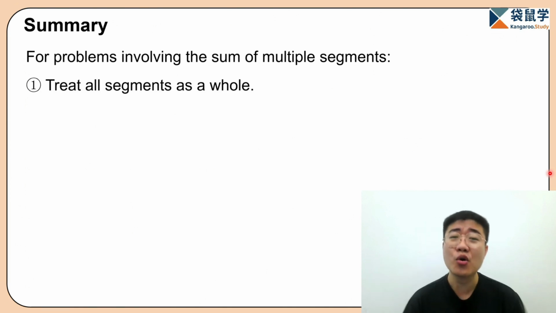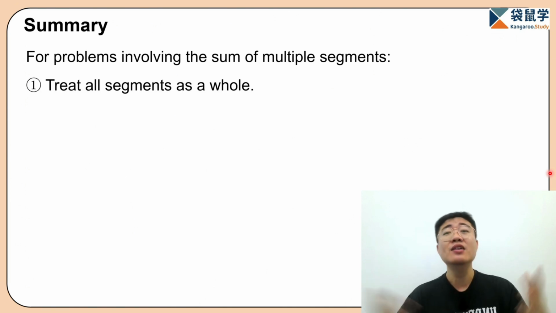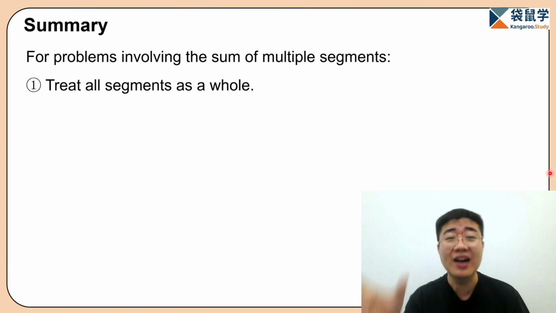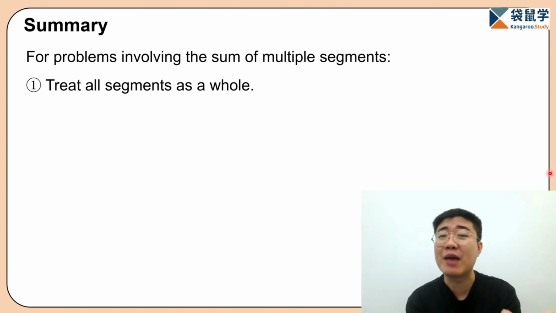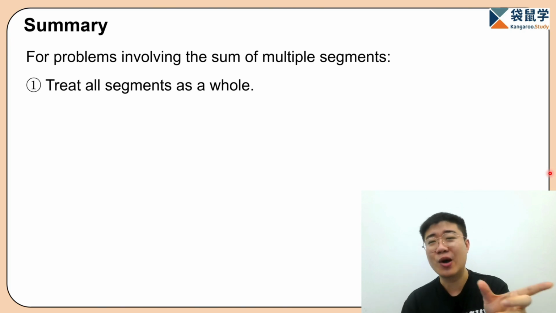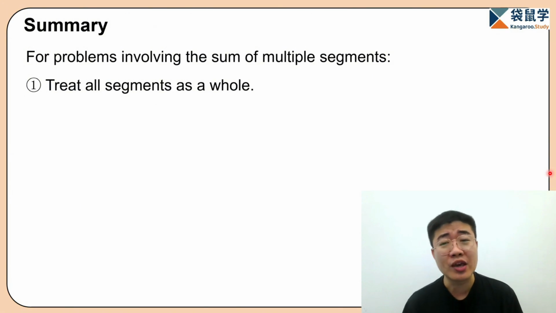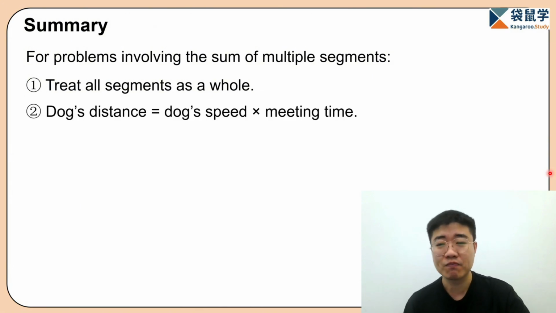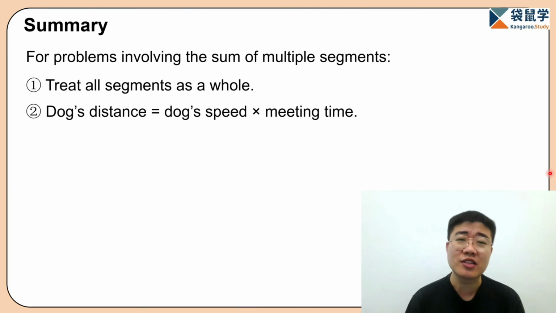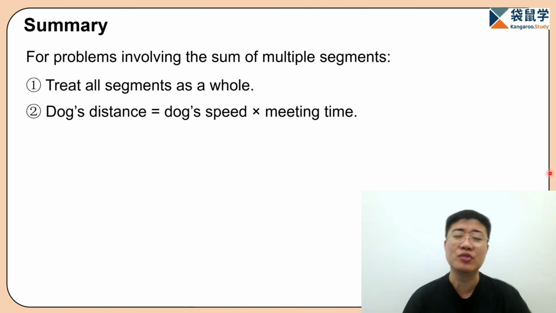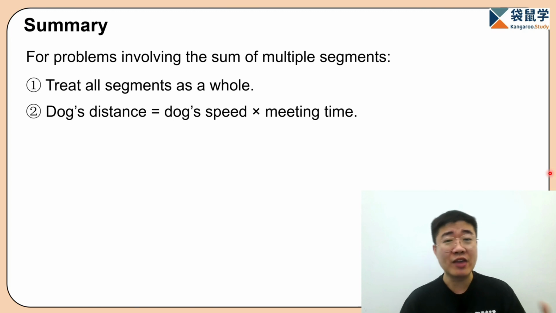After treating it as a whole group, now we just have to find the total distance. So of course, to get the total distance, we can just use the speed of the dog multiplied by the time traveled by the dog. And in this case, what does the dog's traveling time equal to, everyone? Yes, this is equal to the meeting time between teacher Smith and teacher Bo Jian. So we know that the dog's traveling distance is the dog's speed multiplied by the meeting time between the two of them. Now that we understand this